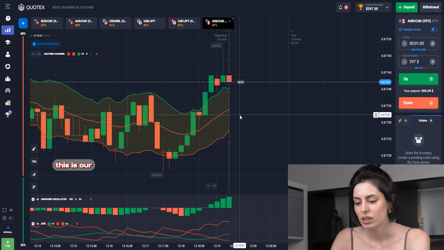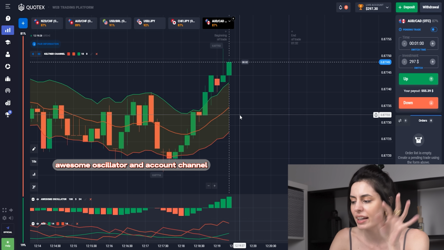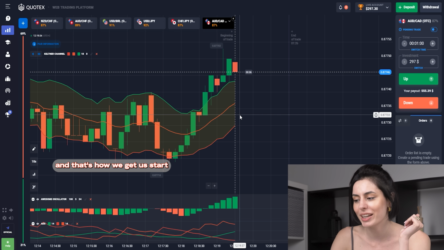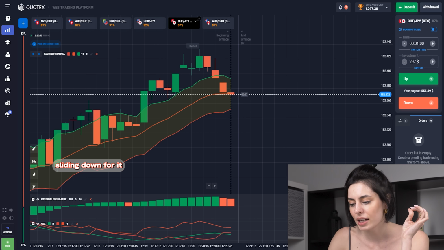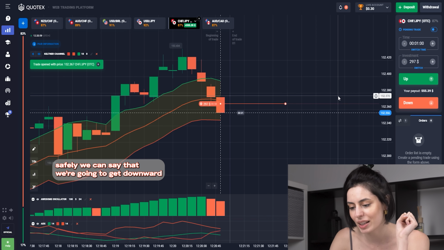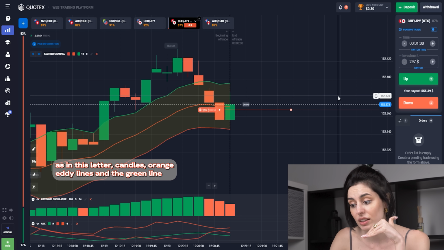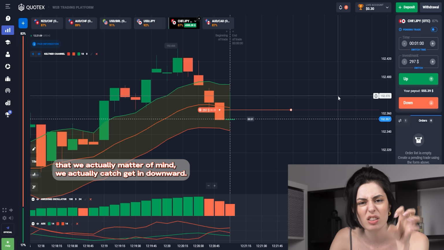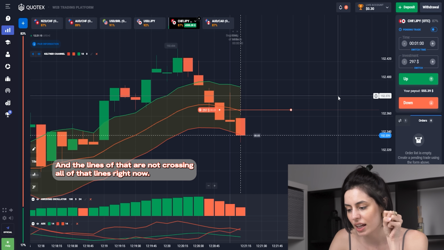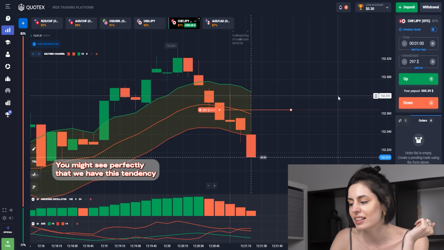This is our trading, this is our start. ADX, awesome oscillator, and the Keltner channel is a nice combination, nice indicators, and that's how we're gonna start. Sliding downward, just catching that in the beginning, and safely we can say that we're gonna get downward. Awesome oscillator candles orange, ADX lines, and the green line that we actually catch getting downward, and the lines not crossing all of those lines by now, so that's kind of safe. And with the Keltner channel, you may see perfectly that we have this tendency of a peak,